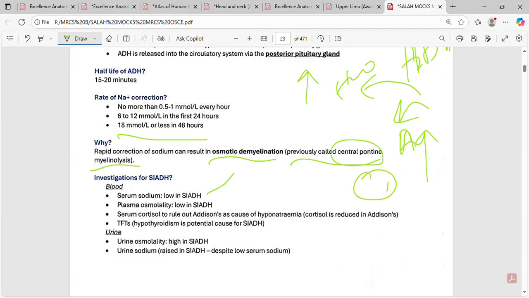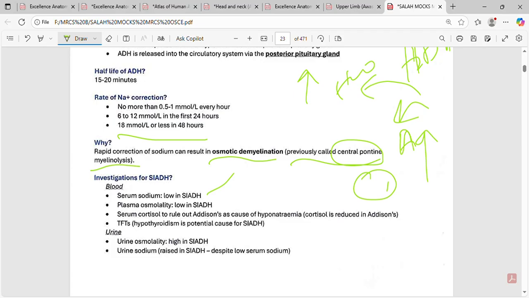You should also do serum cortisol to rule out Addison disease, because in Addison disease there is a decrease of the adrenal hormones. So you have to check the serum cortisol, because if there are no adrenal hormones, there is no aldosterone, so it also leads to hyponatremia